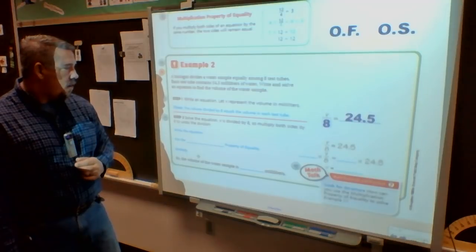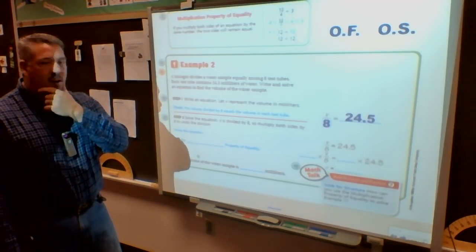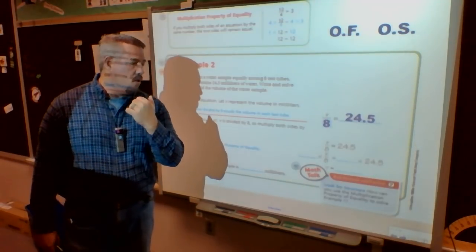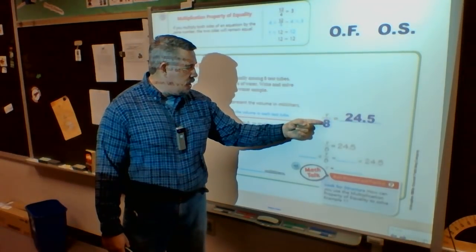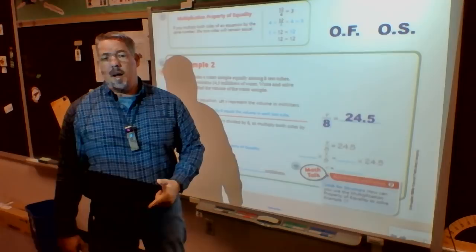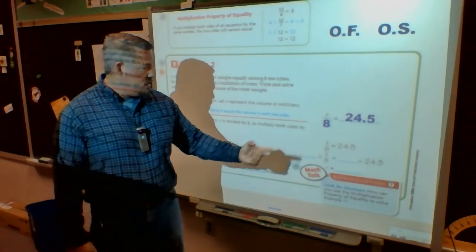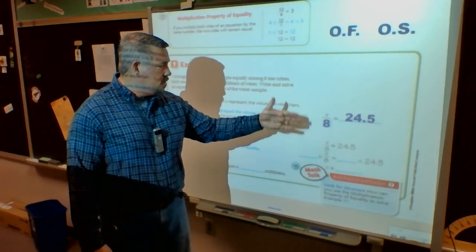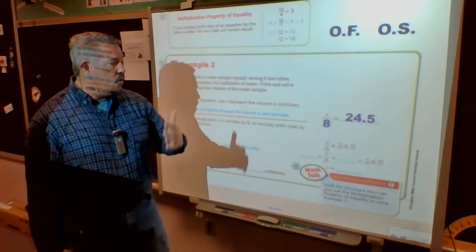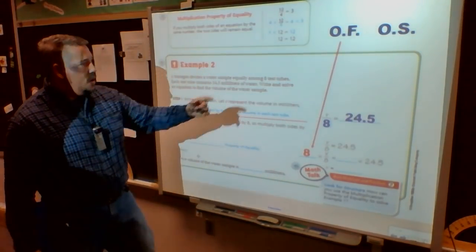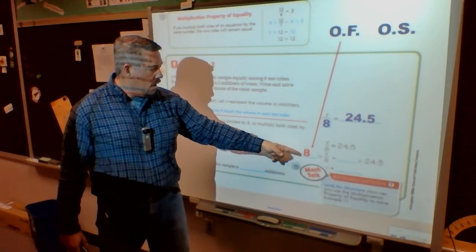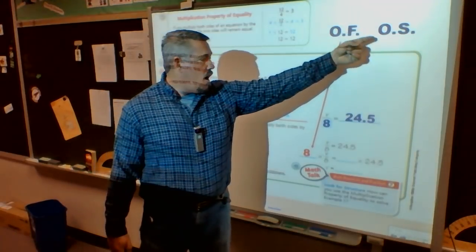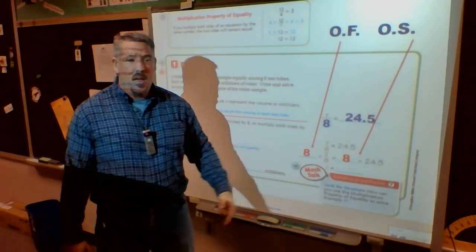Now I've got to solve my equation. What am I doing mathematically first with my variable? Remember, that's where we start. We always go to the variable to start out. With my variable, I see a line and a number under it. That's a fraction, so I know I'm dividing. So I have to do the opposite. The opposite of dividing by 8 is multiplying by 8. I know you all said it in your heads. So I'm going to do the opposite function. I'm going to multiply by 8, and then I'm going to do what on the opposite side? I'm going to have 8.